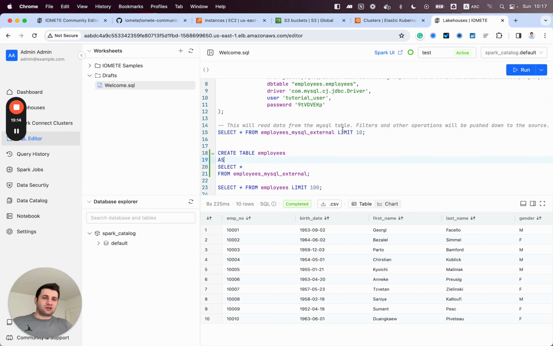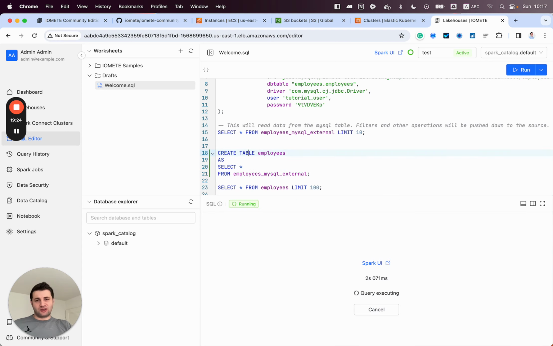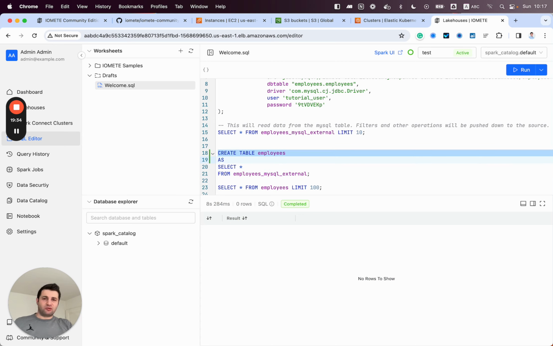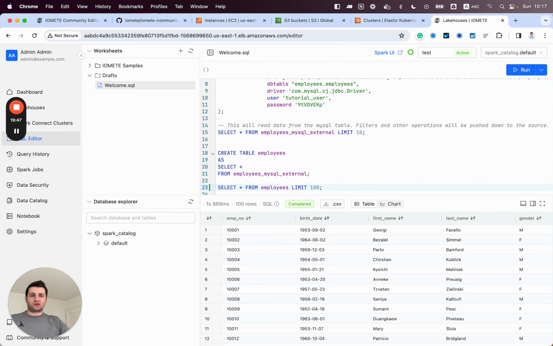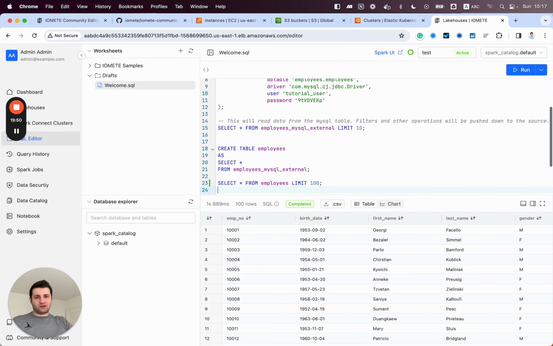Since we can query this external MySQL server, we can also easily insert this data into an Iceberg table that you are managing in your data lakehouse. This command just queries all the table's data, with no limit, then creates this table with the same column definitions, and then inserts all the data from MySQL into this employees table, which is managed by IAMIT Lakehouse.